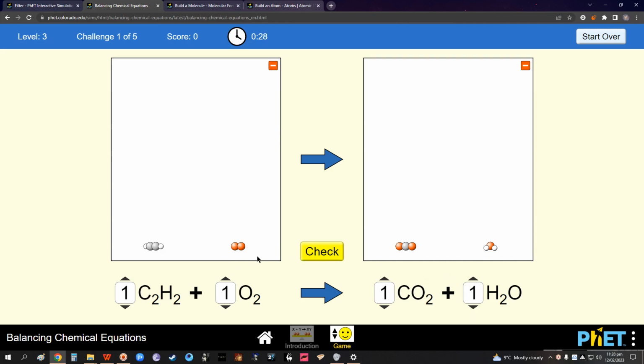We have 2 of these, 2 of these, 2 of these. Okay, we need to increase this carbon dioxide. Now we have 4 oxygen. We'll balance oxygen later. So if there are 2 of these, then definitely